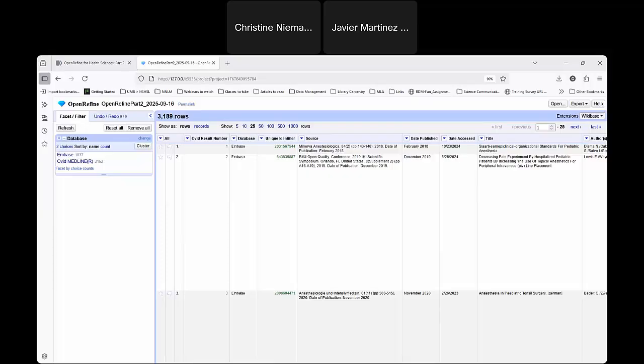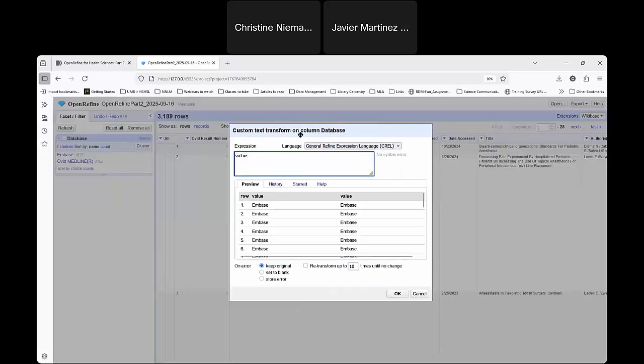And this time we're going to look at how a transformation can extract part of a value from a cell. And we're going to use it to shorten the database name from Ovid Medline R to Ovid. So if we want to, again, make this a little bit shorter, we can use a transformation to do that. So on our database column, we can use our dropdown, edit cells, transform, which opens our expression box, already has value filled in for us. And this time we're going to use the